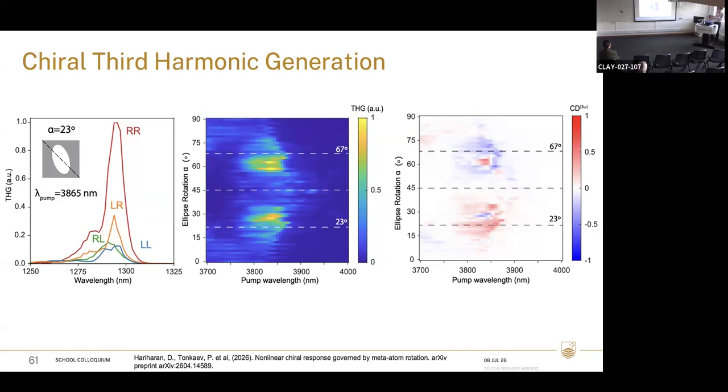So we do observe several areas of interest, especially around the resonance. First thing we see is that for the angles when we have a mirror in-plane symmetry, it's strictly zero, so for 0, 45, or 90. But for the angles in the middle and around the resonance, we do see the change of the sign of the nonlinear CD.